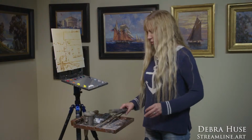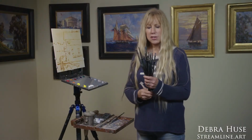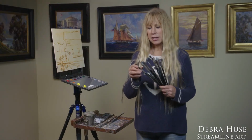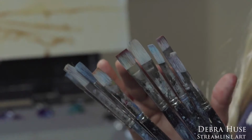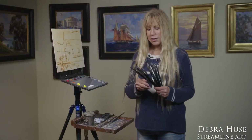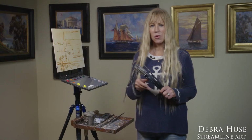Oh, and I've got a whole handful of Rosemary brushes. Now, Rosemary brushes, these are made in England. This is the Ivory line, which I love because it's bouncy. It's a synthetic bristle, and it's bouncy and not too stiff and not too soft. So it's just perfect. They do have a couple of Debra Huse signature lines that you can order from Rosemary,